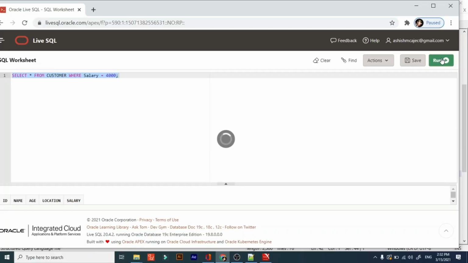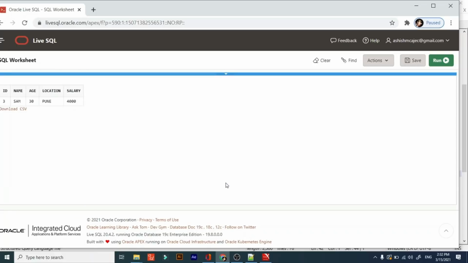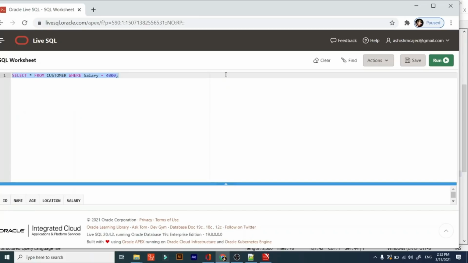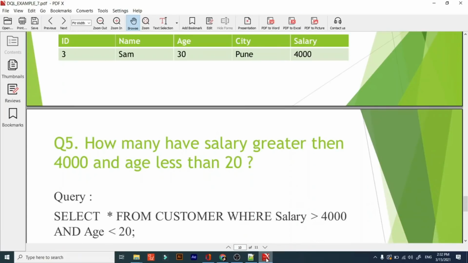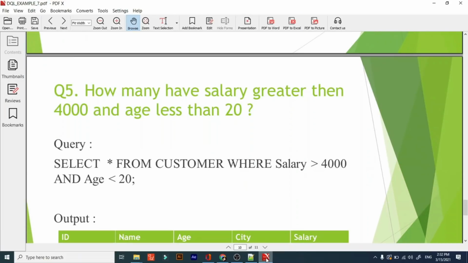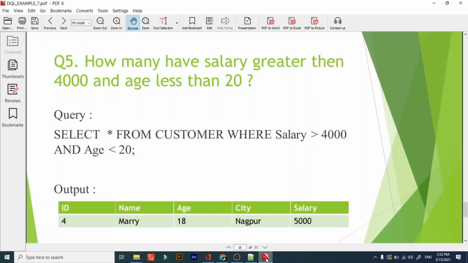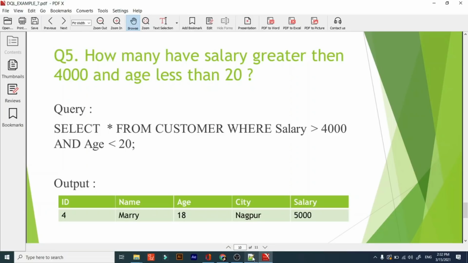Like if I have written 4,000, then exactly that value will be displayed. If there is no person who has salary 4,000, it will not return any records, as it is an exact value.